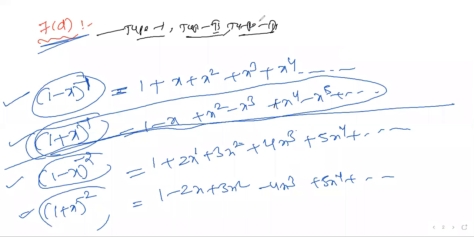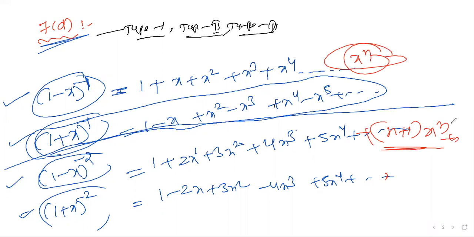So I'll write here x power n. Here this is plus minus, right? What can I write here? (n plus 1) into x power n. This is the nth expansion here. Okay, these two are enough to move forward. Am I clear? Any more doubt, please let us know. Till this we have to practice over here.